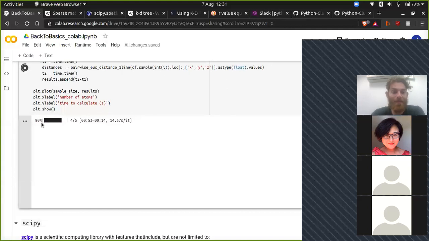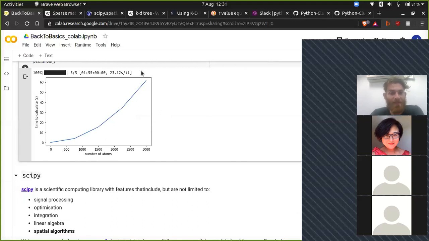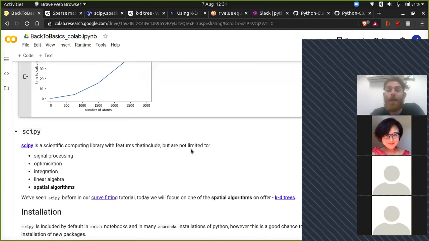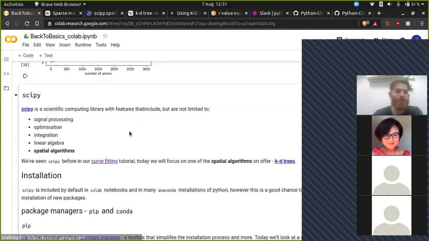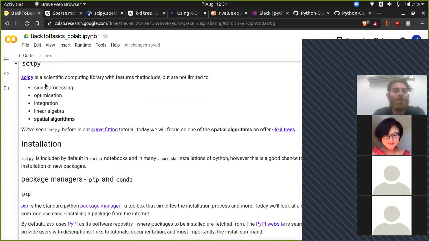You might remember that the first couple of iterations were fairly quick, and it roughly increases with the square of the number of atoms that we're calculating. So that's something to be aware of, but luckily there are solutions to that. One of the solutions that we'll be looking at today is in the library SciPy, which we will be visiting again in the future. SciPy is one of the core Python libraries,